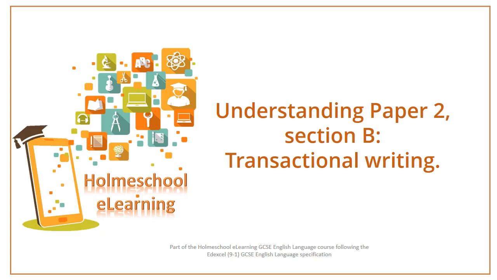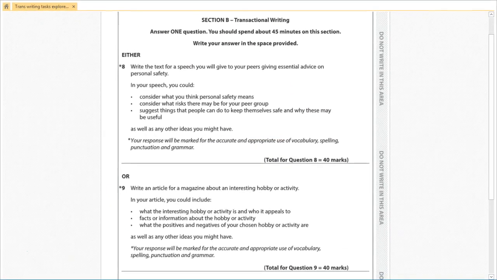This is a homeschool e-learning lesson helping you understand the transactional writing tasks that appear in Section B of Paper 2 of the Edexcel 9-1 GCSE in English Language. Before you begin doing the end of unit assessment for the transactional writing unit, it's useful to become familiar with